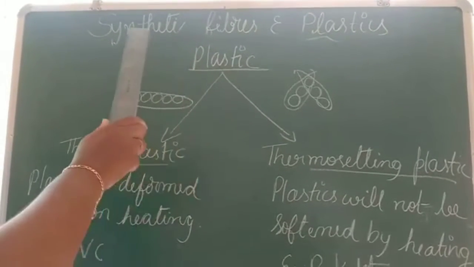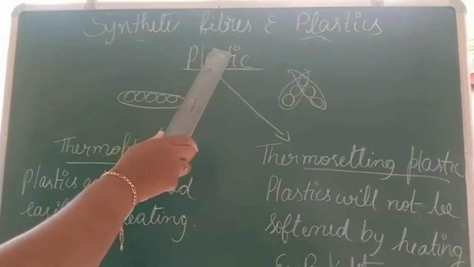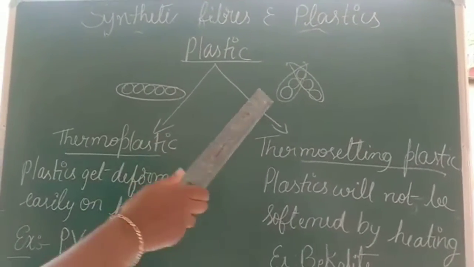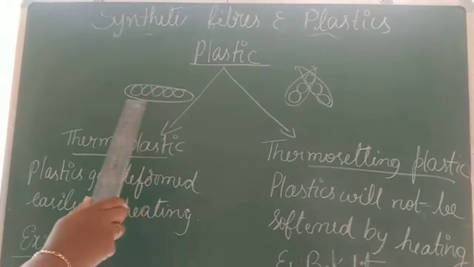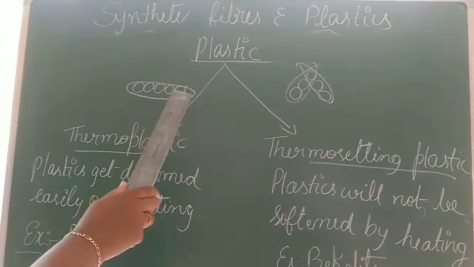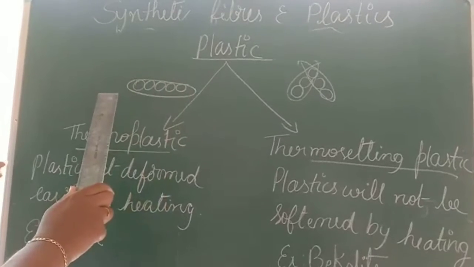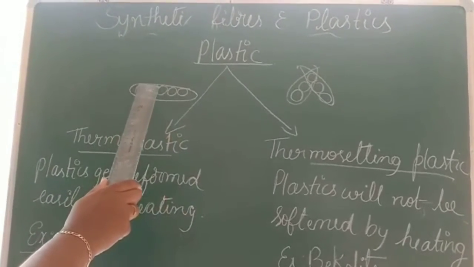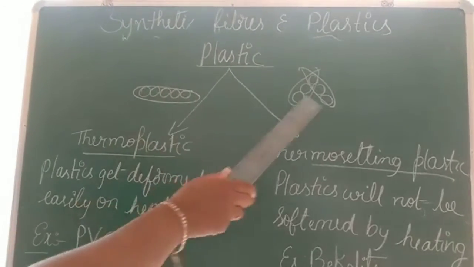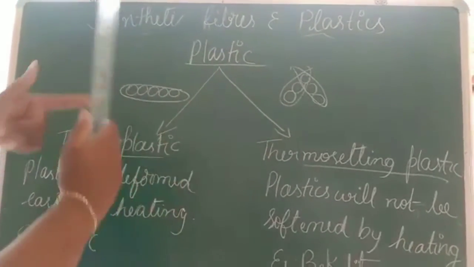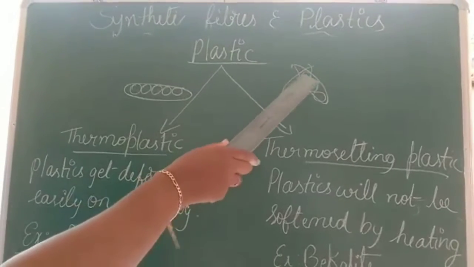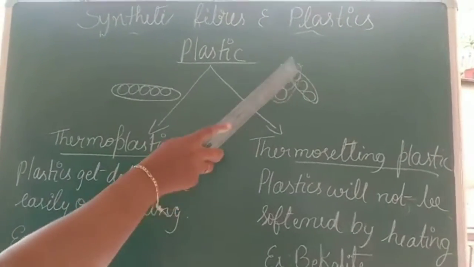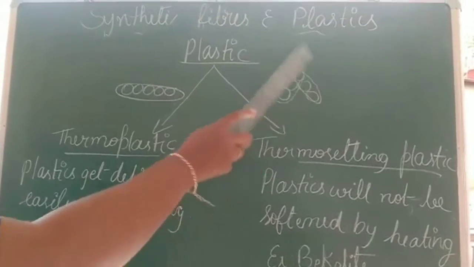Plastic also comes under synthetic fiber itself, but here the polymer arrangement is different. In some plastics, you can find these polymers arranged in a linear way. Linear means in a straight line. Here you can see these circles are arranged in a straight line. Here it is cross-linked, so it is not in a straight line. It is linked. So this polymer is linked to this link also and to this link also. So it is called cross-linked.